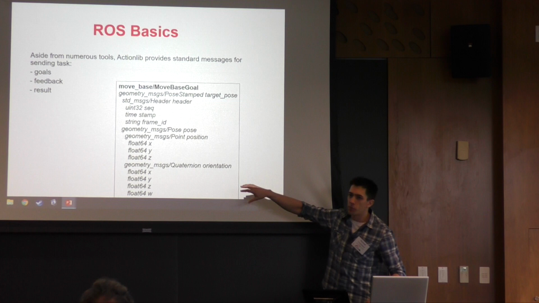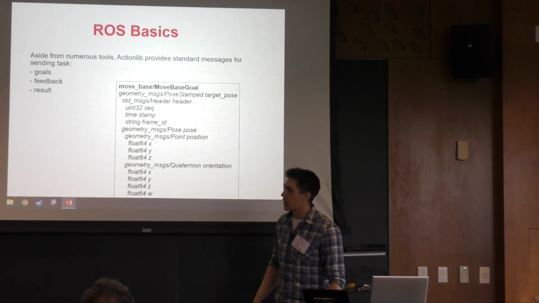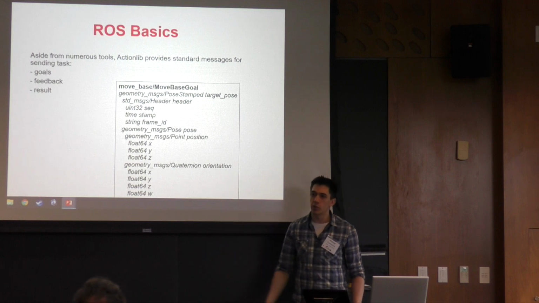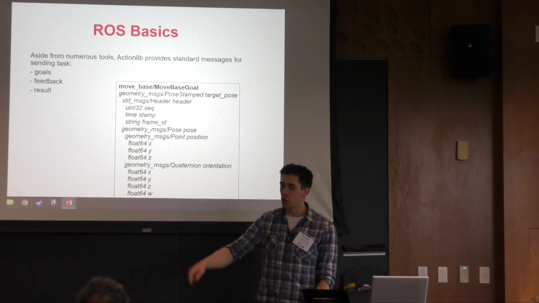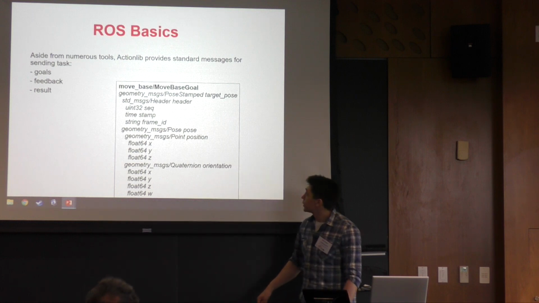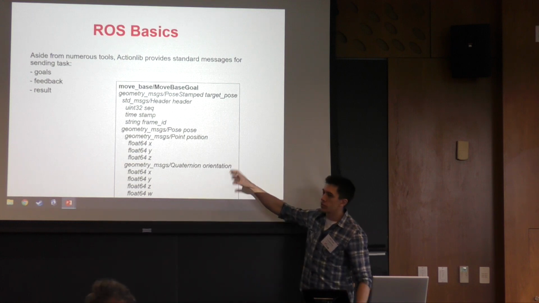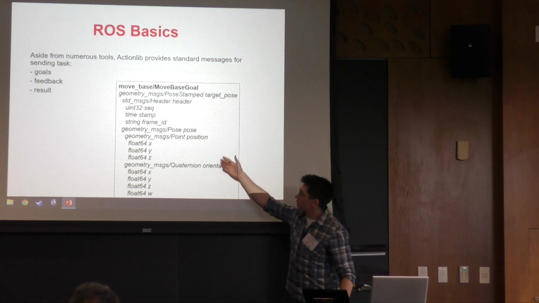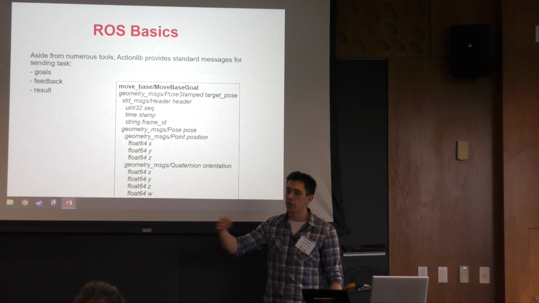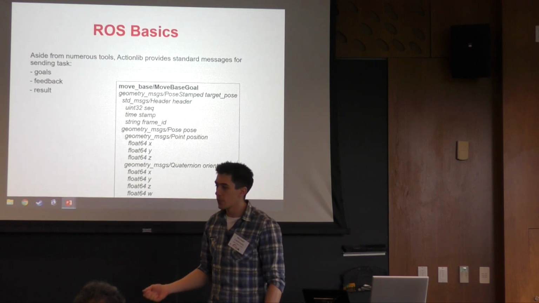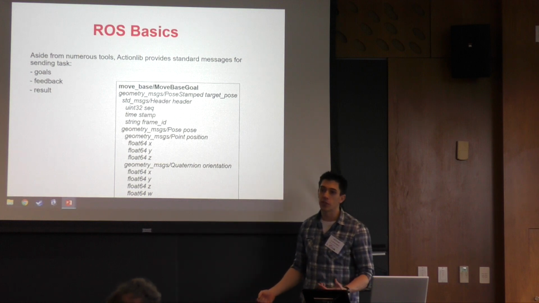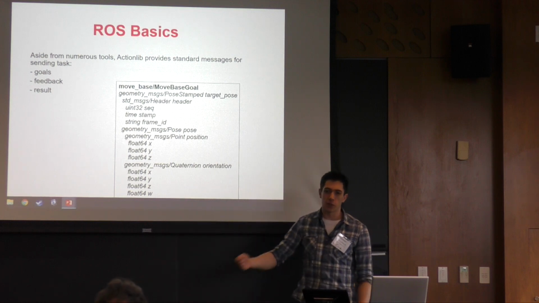One goal message in the ActionLib style might look like this. This is from the MoveBase library, which is used to navigate robots, usually ground-based robots. And you can see the message is a serialized object, in this case storing the desired position and orientation of the robot. So you would send this message over the goal topic, and whatever controller is subscribed to this topic will pick up the goal message and begin to execute it.